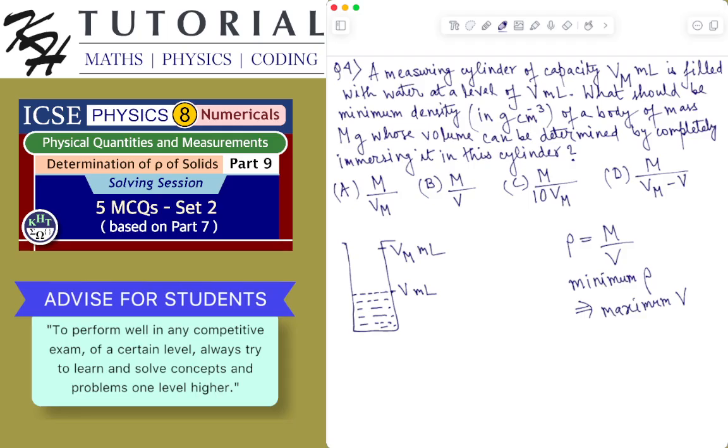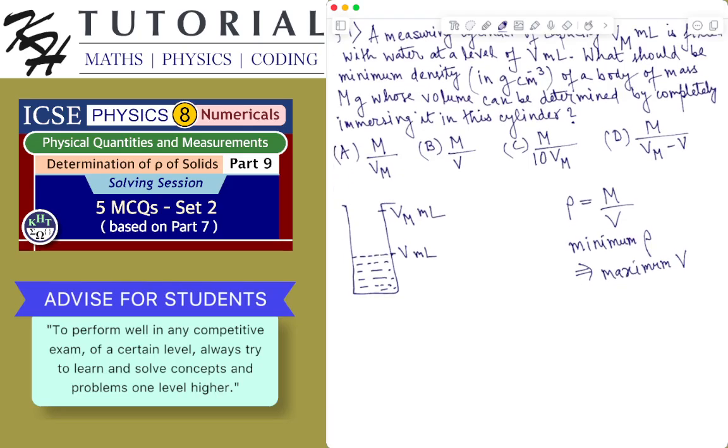So now we have to find the maximum volume of a body that this measuring cylinder can measure. We know that when a body is immersed in this measuring cylinder, the level of the reading will rise. The reading will increase by an amount which is equal to the volume of the body